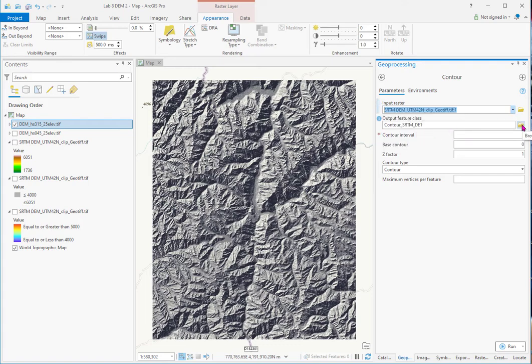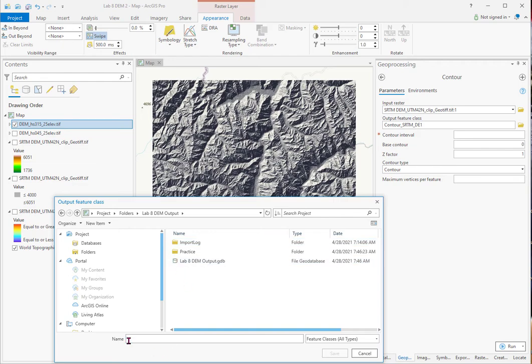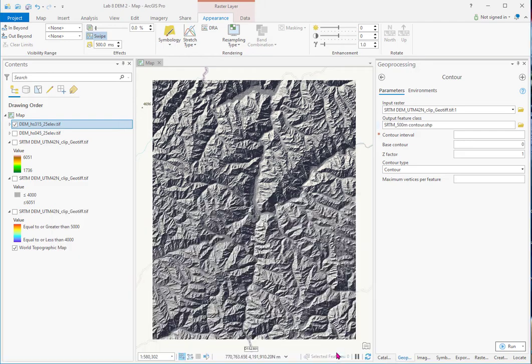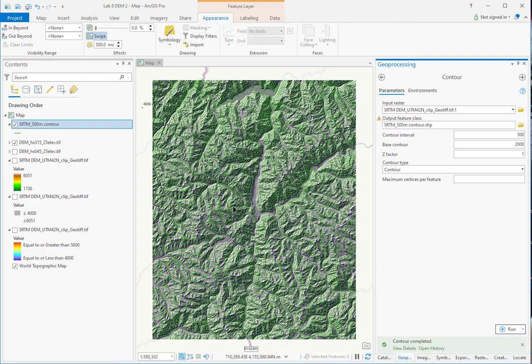The output feature class, and I'll call this shapefile SRTM 500 meter contour. We're going to make this 500 meters. It's quite a mountainous area. So you type in 500 for the contour interval, and we'll start at 2000. That's it. Should work. And there's our contour,